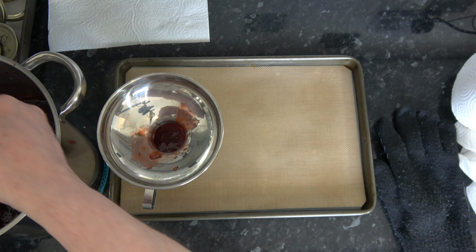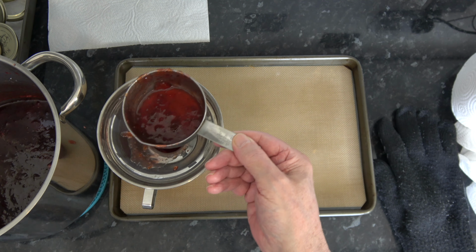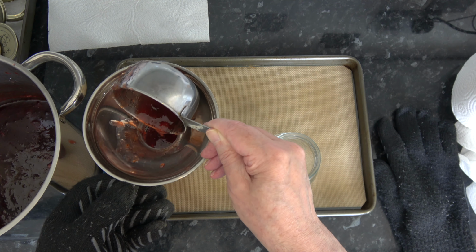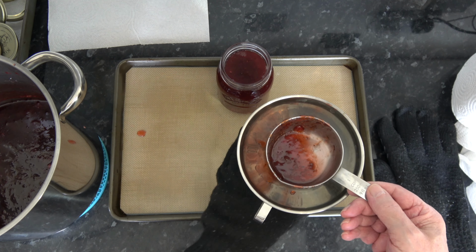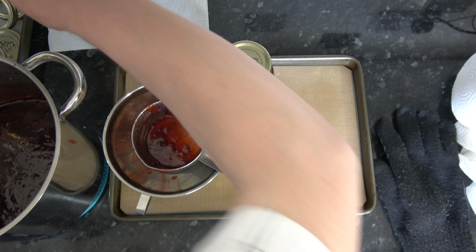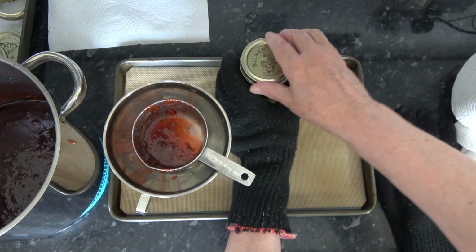Almost to the top, maybe leaving about 1/4 of an inch at the top. Just like that. I'll put that jar to one side for a moment, move this one over, and then what I'm going to do is I'm going to take a lid which I have also sterilised, place that on the jar and put the band on like that, and I'm going to tighten it